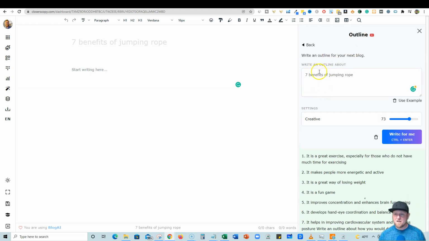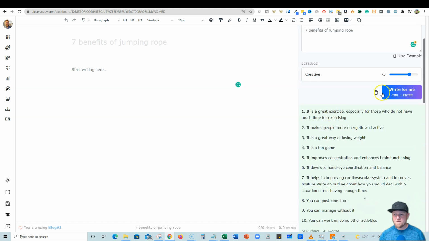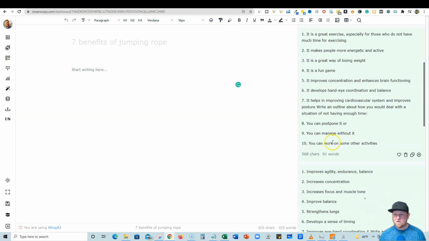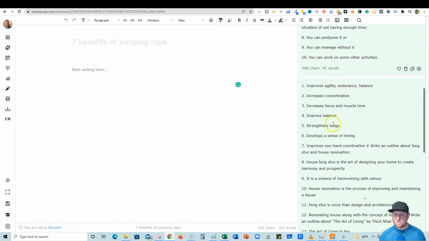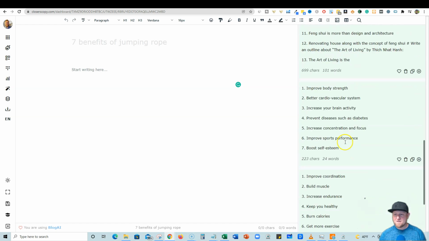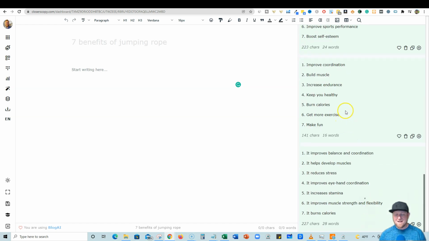I went in here, I went to outline, I put 7 benefits of jumping rope, and then I pushed write for me. It came up with all these awesome listicle outlines, right? And this is really cool because there isn't a whole lot of tools. Honestly, this is the best one that I've seen, where it's coming up with really good ones. Maybe Jarvis does this quality right here,